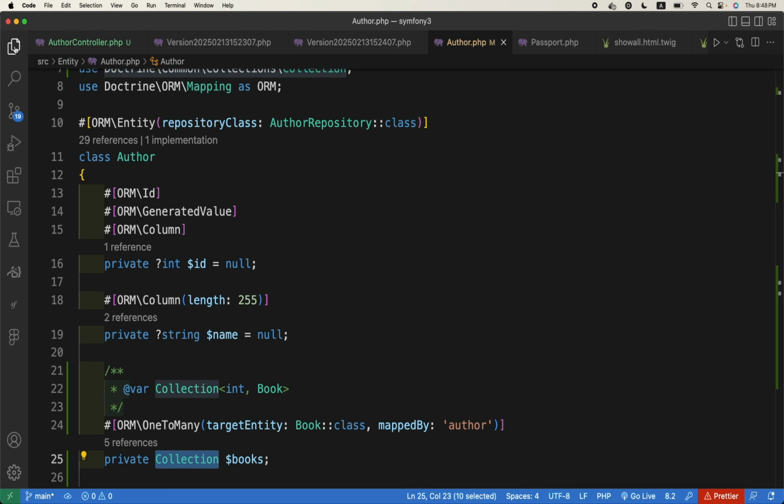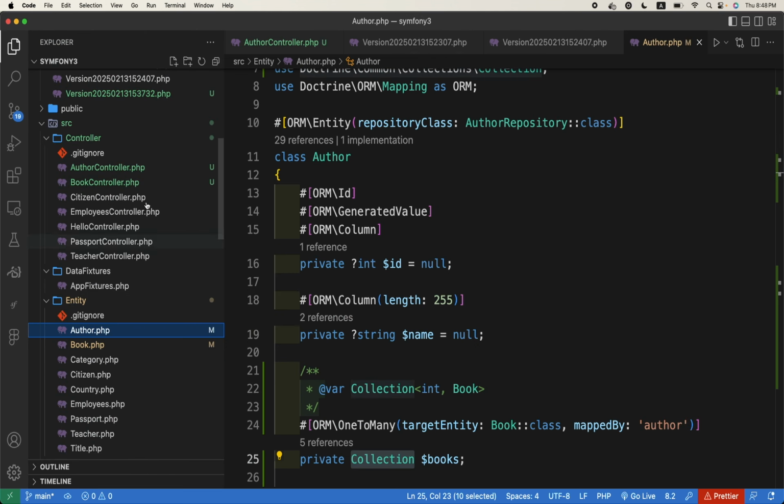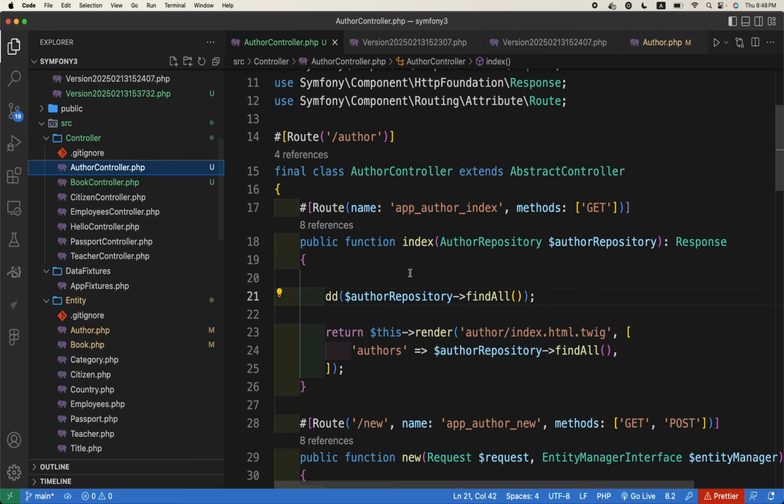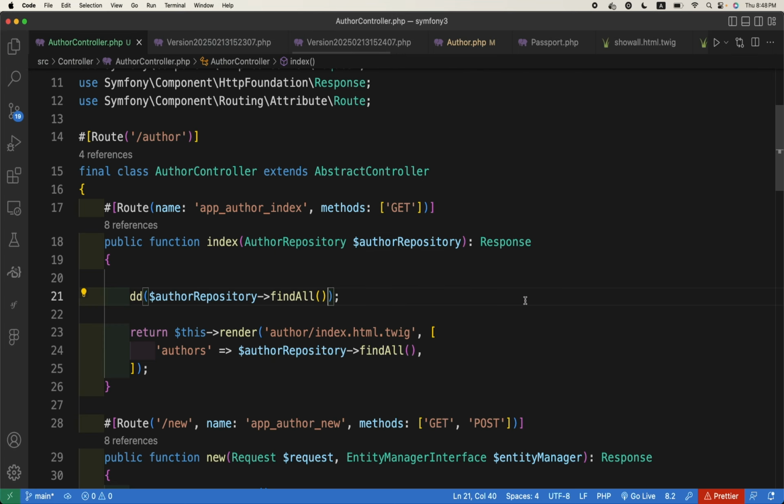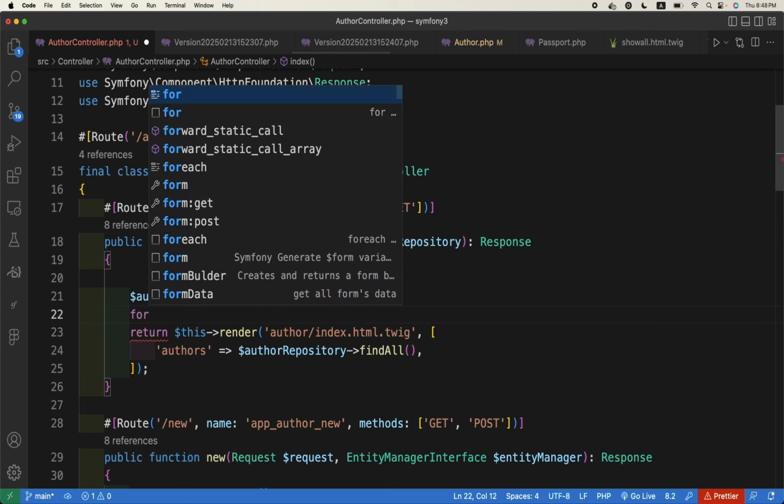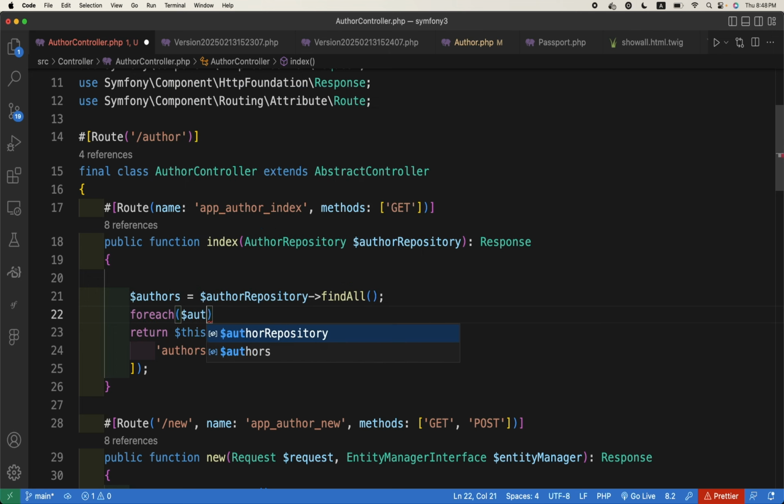I will go back to the repository, the author controller. Here, find all. This is an array, right? So let me just first see, this is authors, $authors equals this, right? So this is now an array. So foreach authors as author, okay, it means,